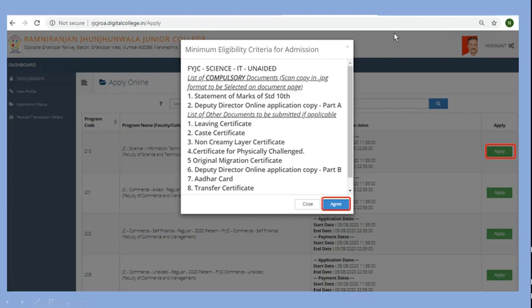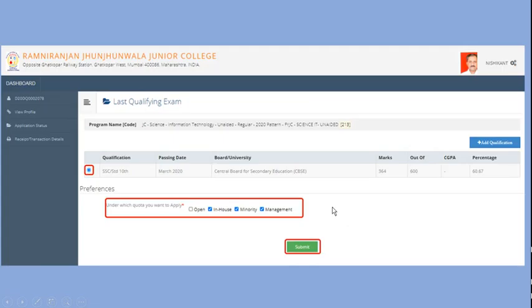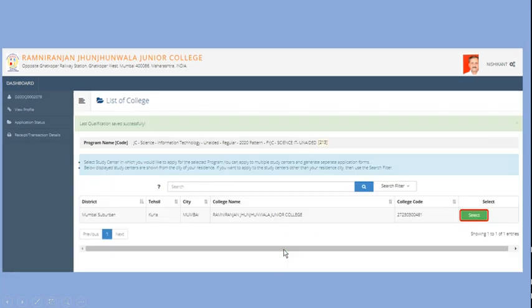Kindly read all the instructions and then click on agree button. Here your SSC details are shown. Select the SSC qualification and then select the quota for which you want to apply. Then click on submit button.